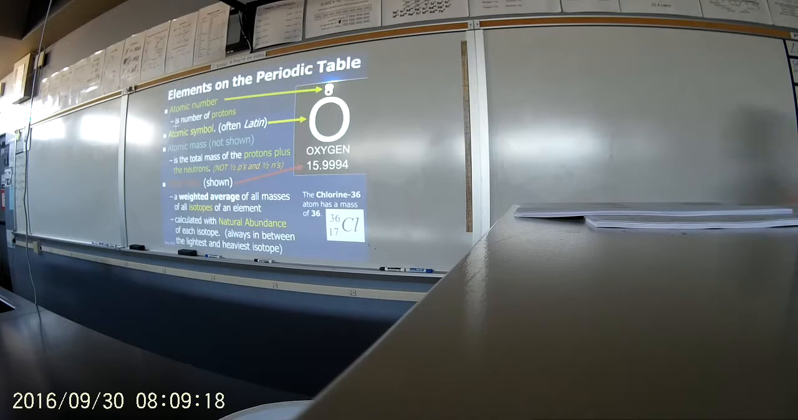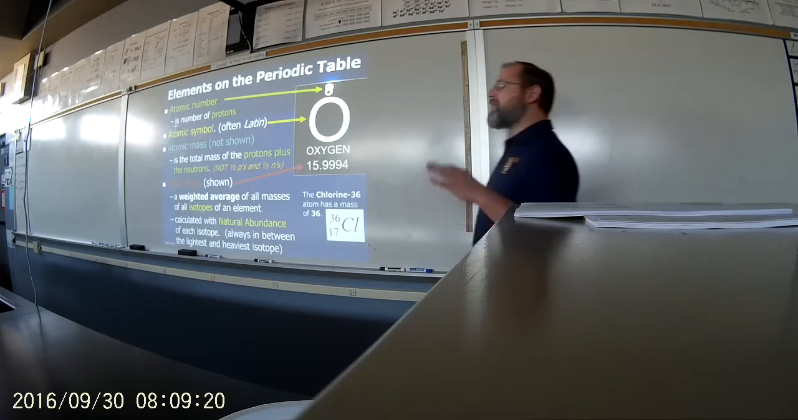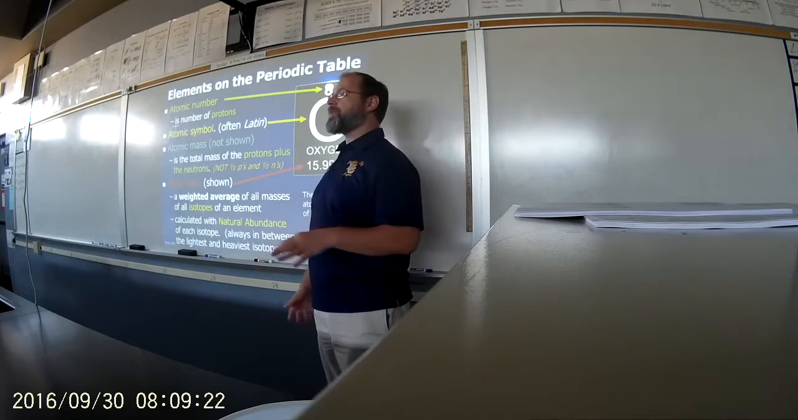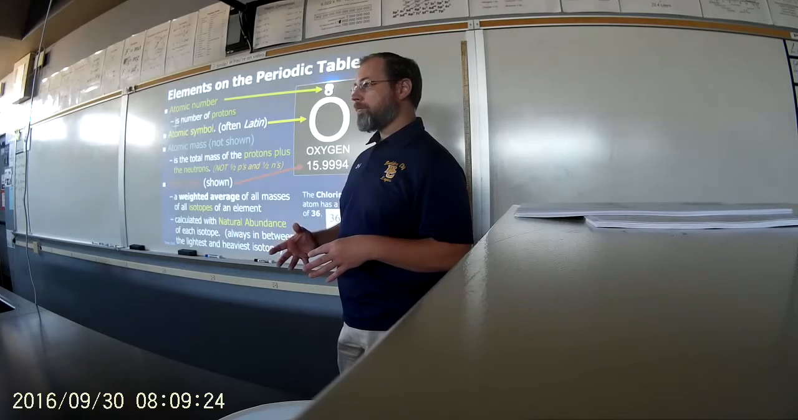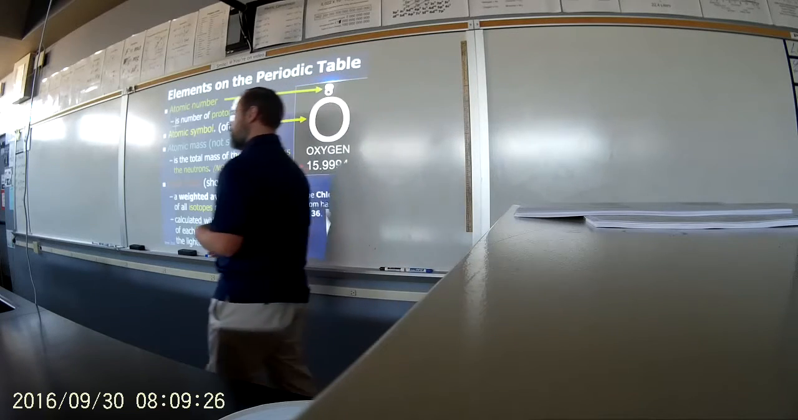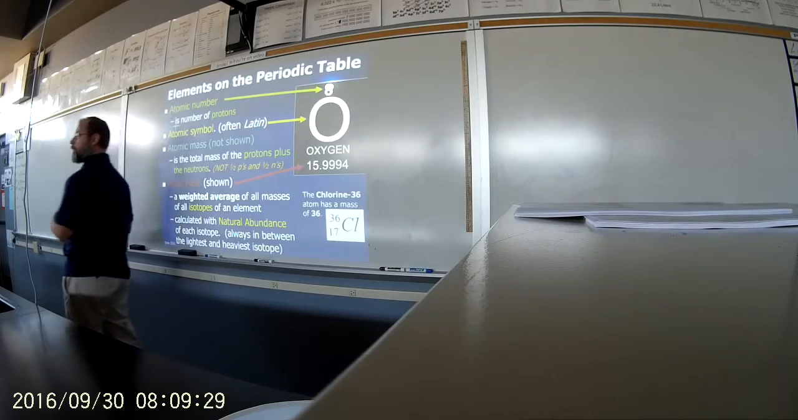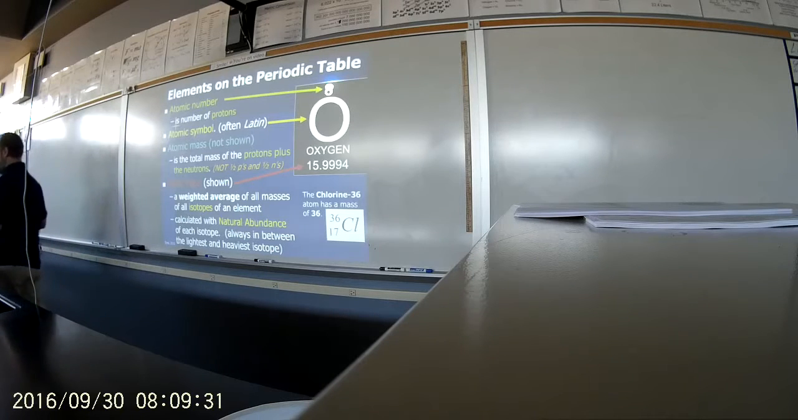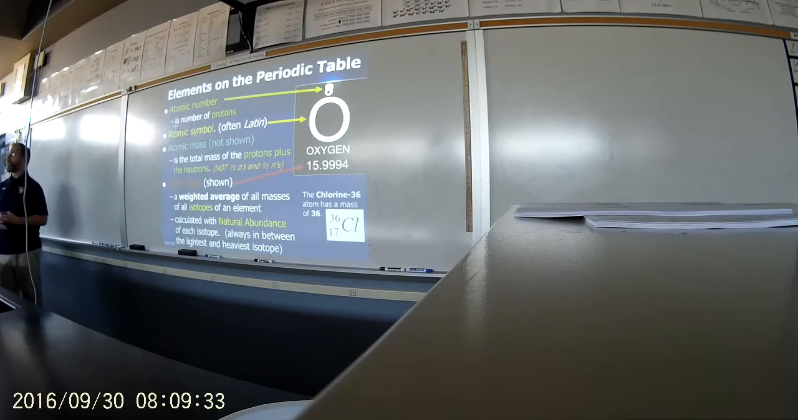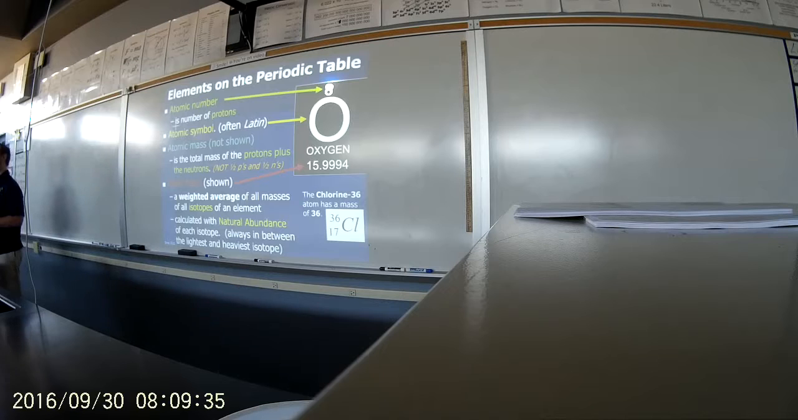So, the molar mass is a weighted average of all the isotopes on the planet. So, why wouldn't it be the same for every element? I'm not sure what you mean. Like, if it's for all of them, then how come